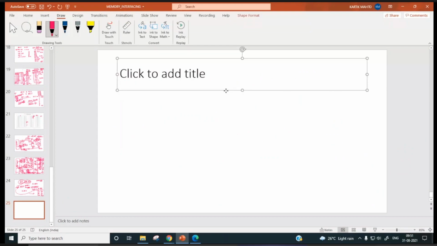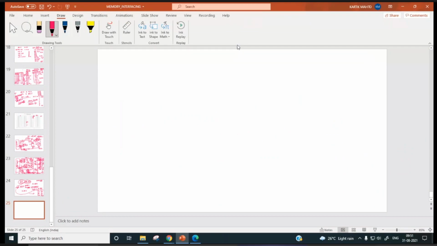So we have 2 types of data transfer: memory mapped IO, input and output, and the next one is IO mapped input and output.